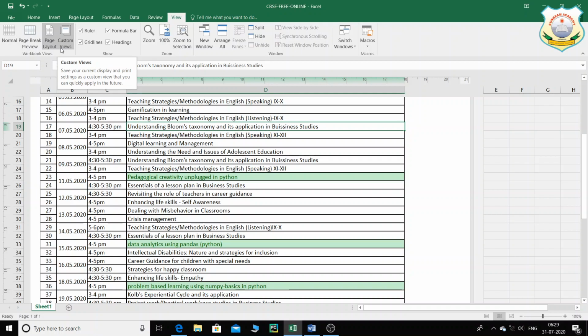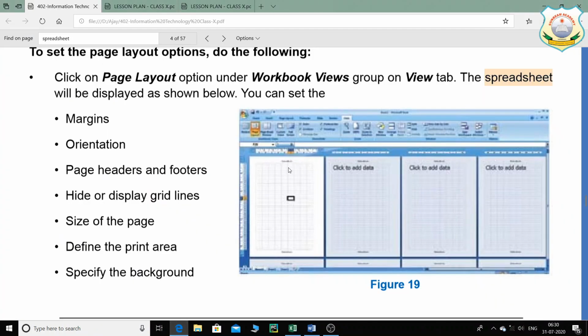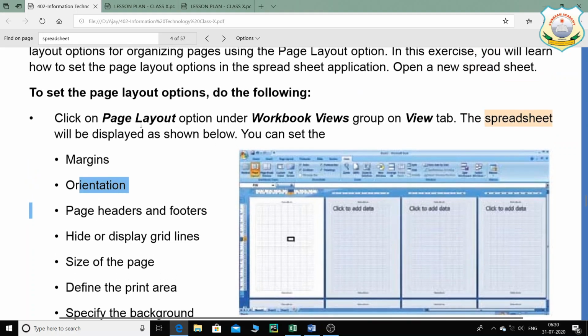One more important thing was, okay, let me just see in the chapter. So what are things you can do is the margins, orientation. Now children, they are saying that under the page layout we have the margins, orientation, page headers and footers.